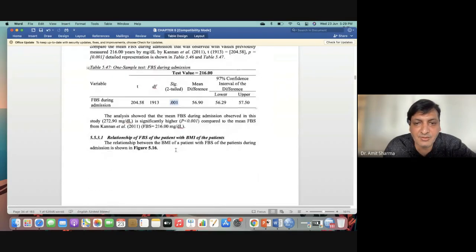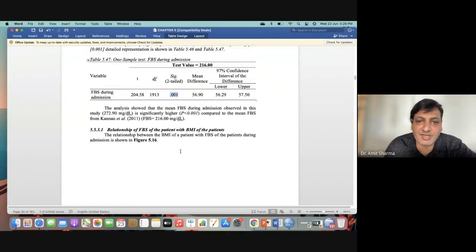So once I have given the descriptive statistics of fasting blood sugar, and compared my fasting blood sugar with the other person's study, then after that I came to the relationship of fasting blood sugar with the BMI in my study. Now I am doing the comparison of my variable in my study with the variable inside my study.